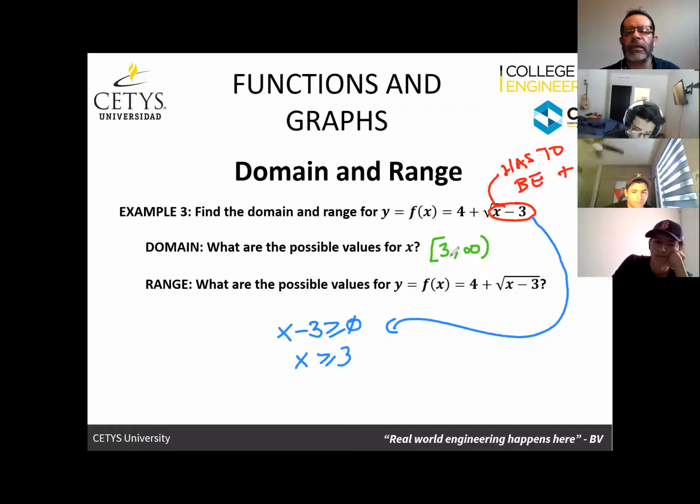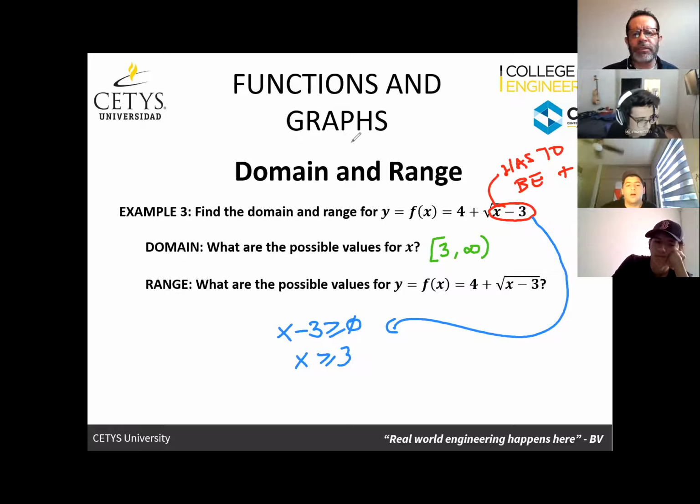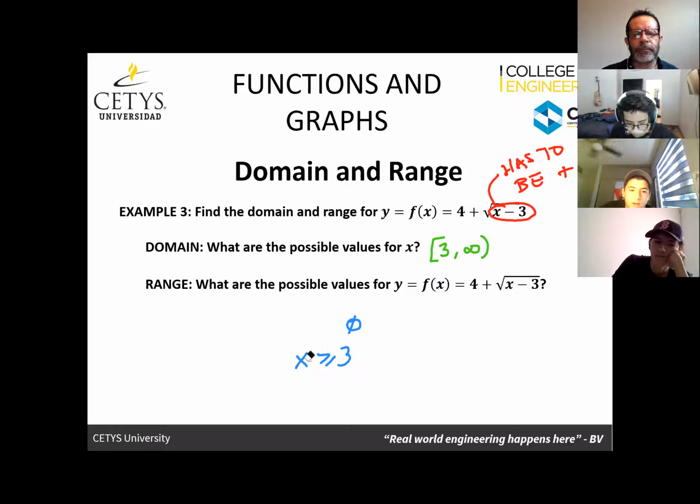Daniel, you had raised your hand. Yes, I knew the answer for both the domain and the range. Okay, then help me out with the range. It gets tricky with the range. Now, what would you say? What can you tell us about the range? Well, what I reasoned is that the domain is defined by the square root. So that means that, in this case, the range is defined by the 4 plus. So since